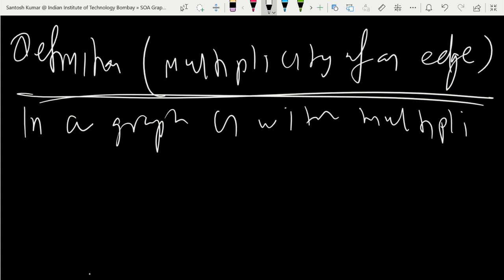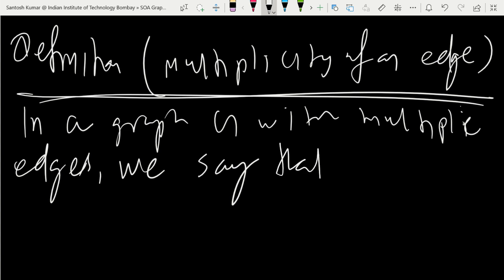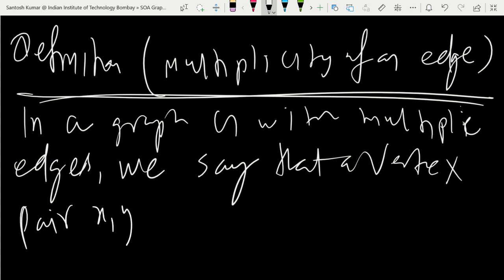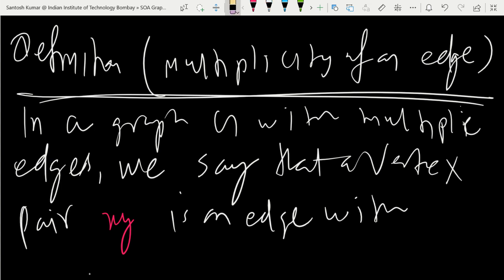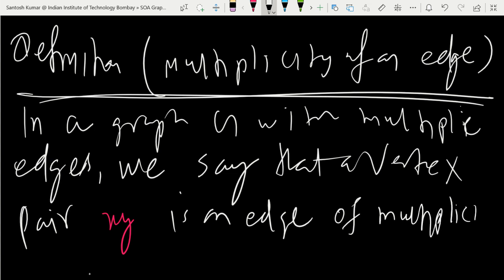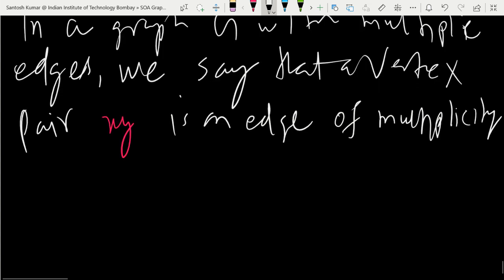So in a graph G with multiple edges, we say that a vertex pair xy is an edge of multiplicity m